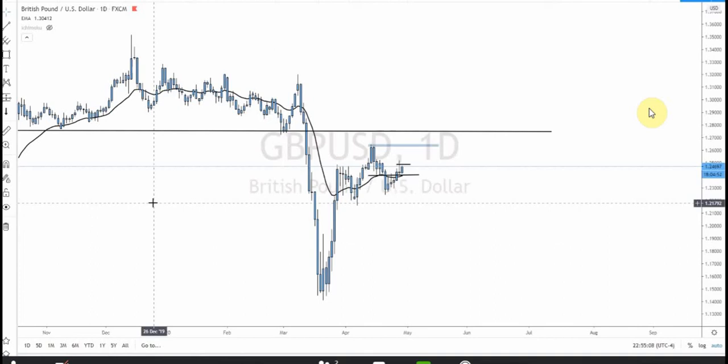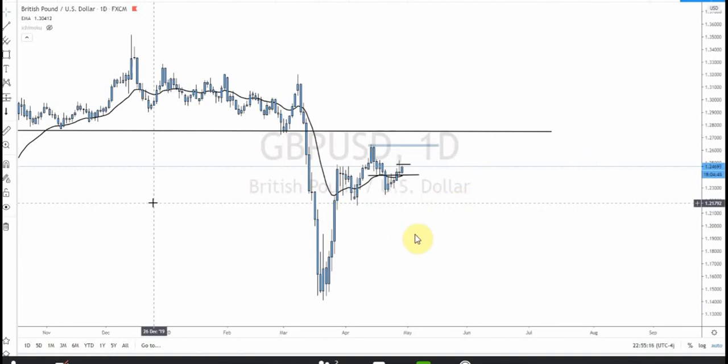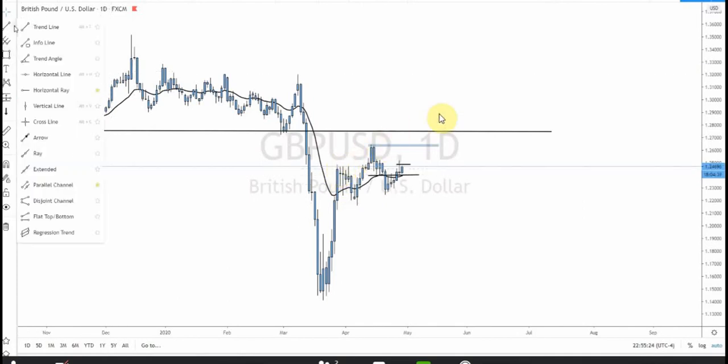Actually, there are many ways to draw this. Actually, this is in daily time frame. We can see that there is a broad channel line. So if we are going to draw a line from the higher high going to the next higher high,